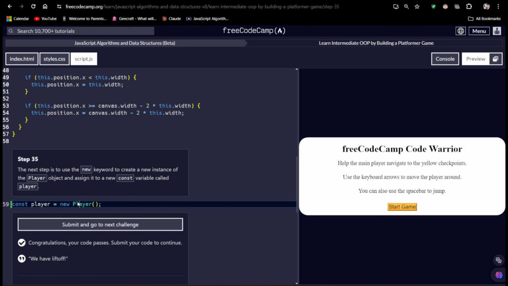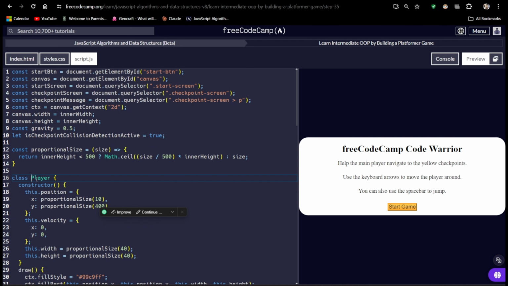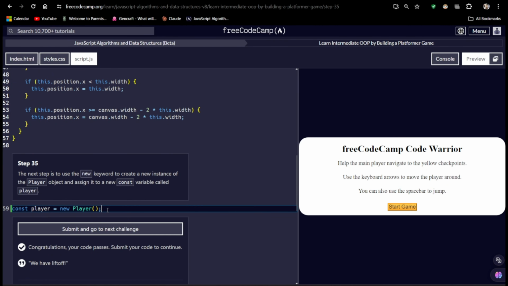So let's take a step back. In here, we are creating a new object called player, and we assigned new Player, meaning we are creating a new object, which is the player, correct? And it is from the Player class, which is this one. So essentially, again, we are creating a new object named player from the class Player,